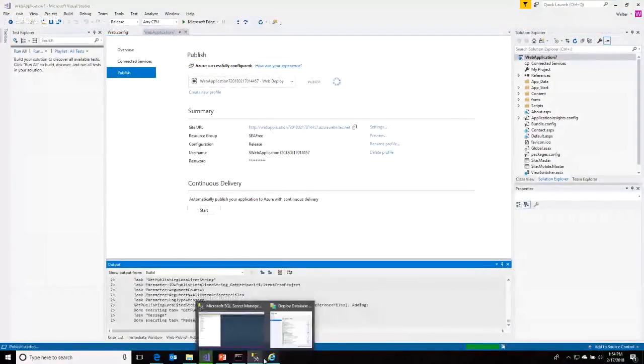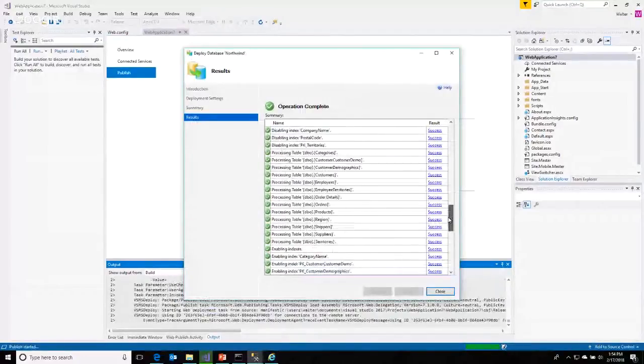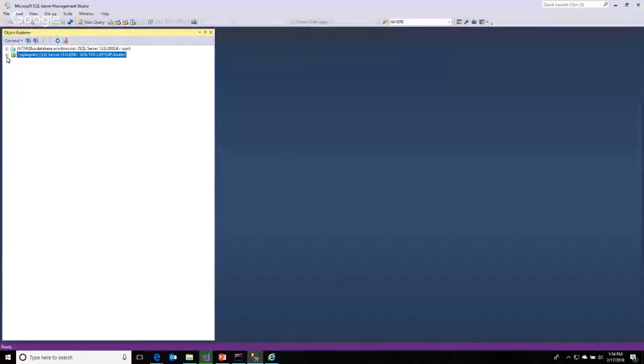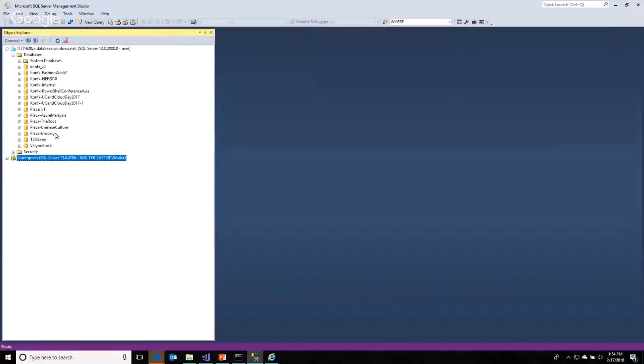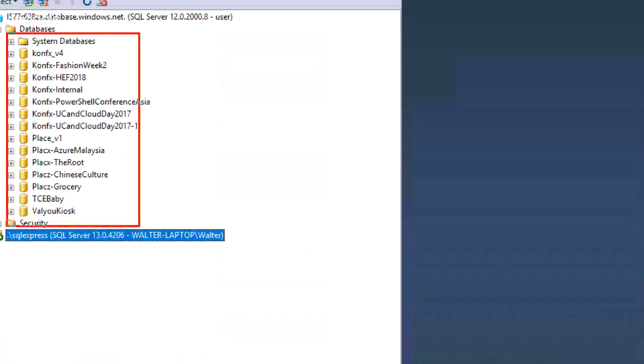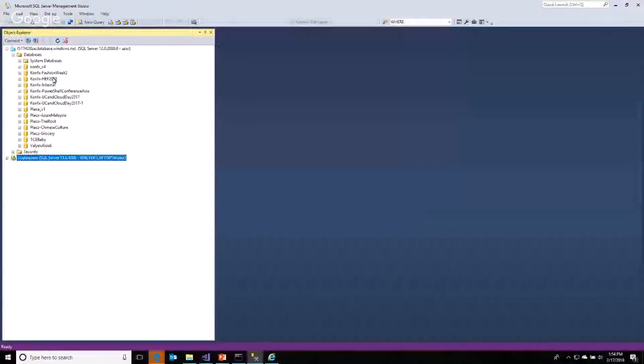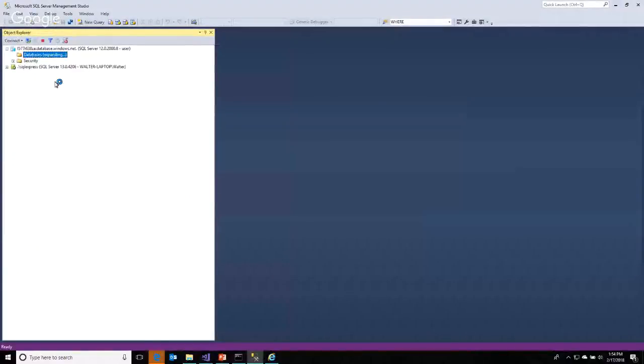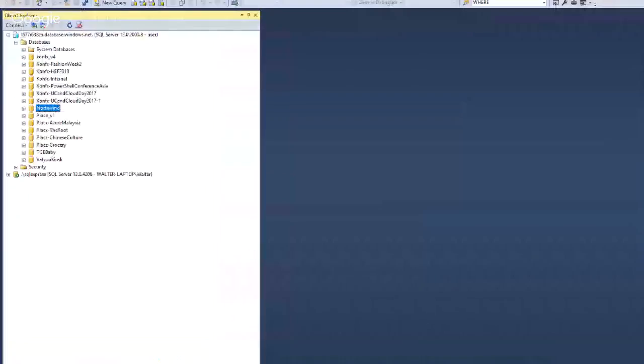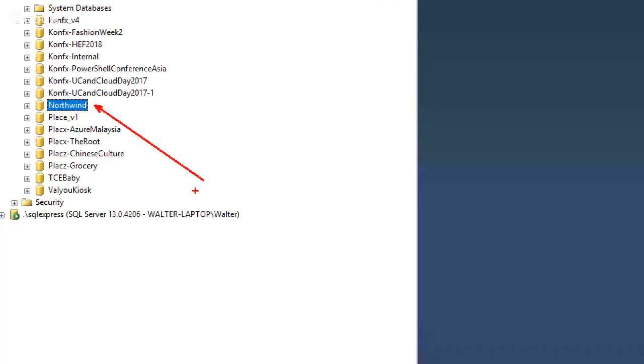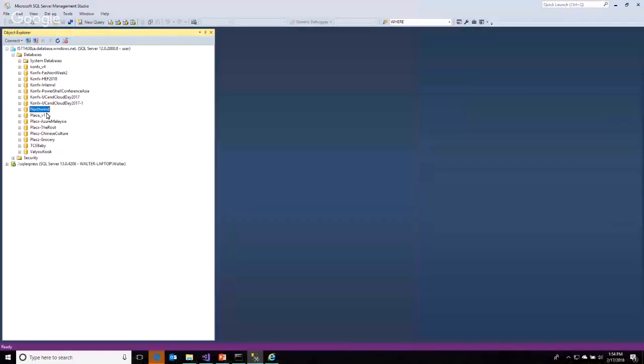So come back to our SQL Server here. We just did a deployment just now and everything is okay. And I press close. And as you can see from here, if I expand my servers, these are the previous snapshots and you cannot see any Northwind down here. It's supposed to appear inside here, but it's empty now. But if I do a refresh, you're able to see there is a Northwind database deployed. So without going through a very complicated process, I'm able to deploy the database from my local PC to the cloud in Azure using SQL Server Management Studio, or in short, SSMS.